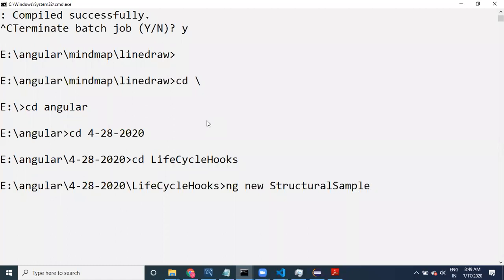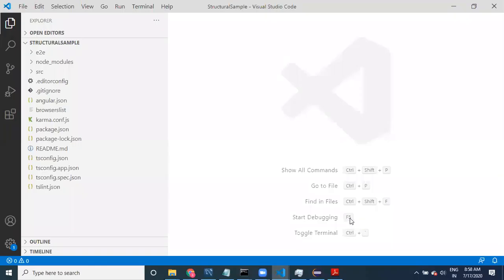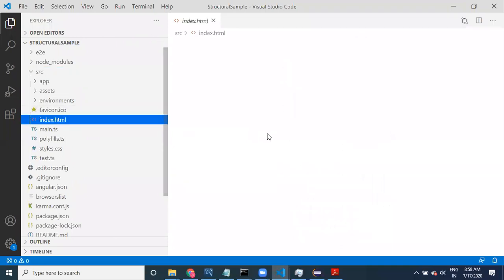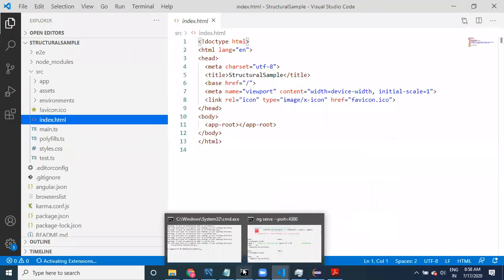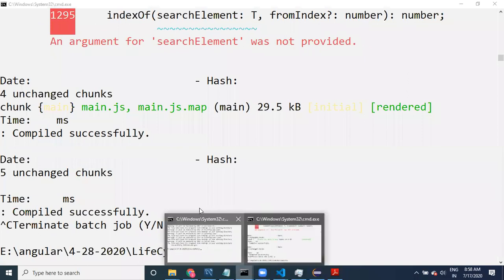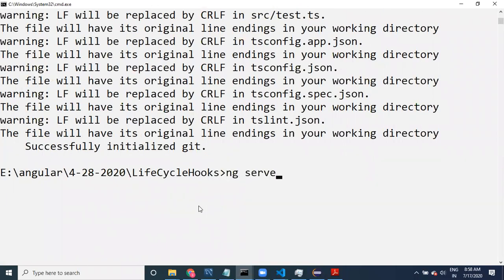It takes some time, right? Let us create a structural directive now in the new project. By default, this HTML is available, and then what I can do is stop the project and run this project with ng serve. Let us start this.